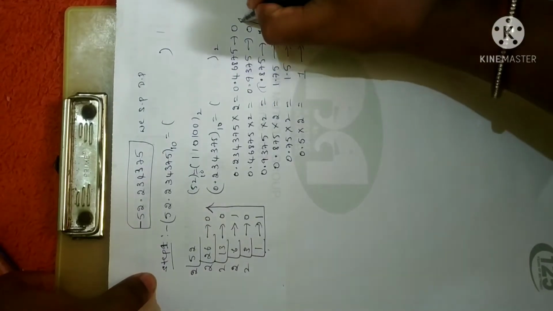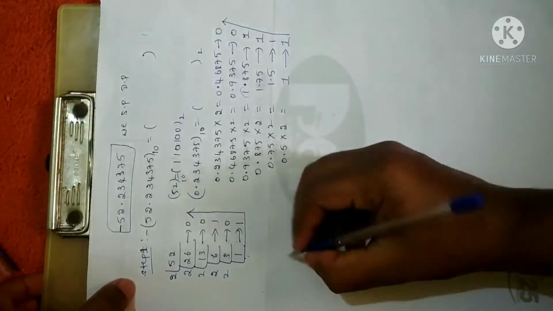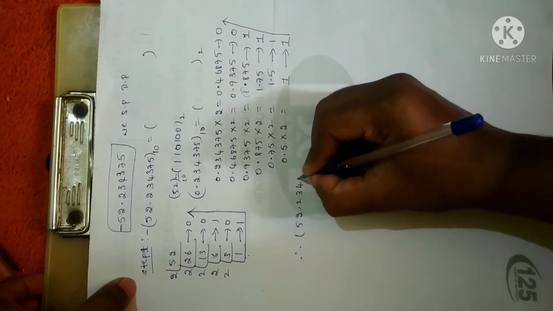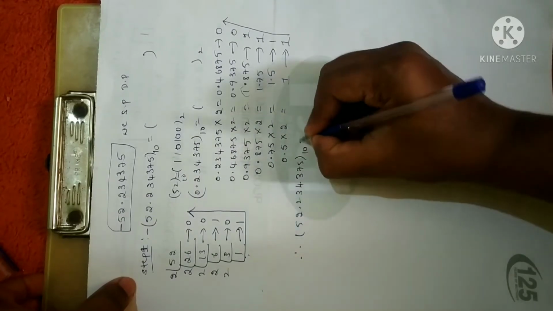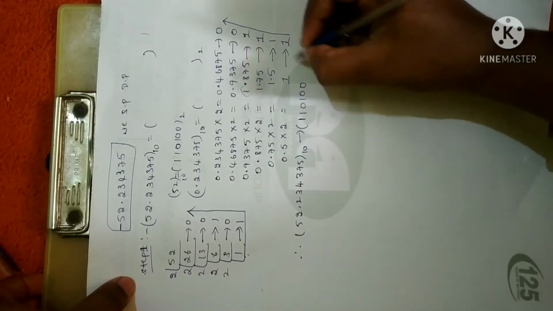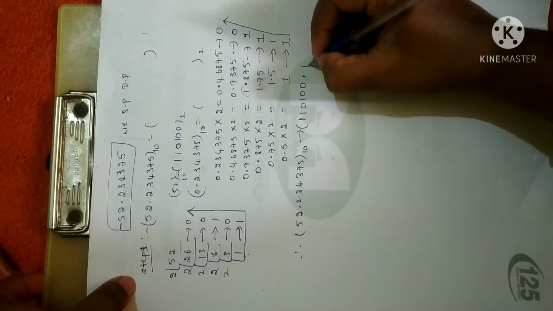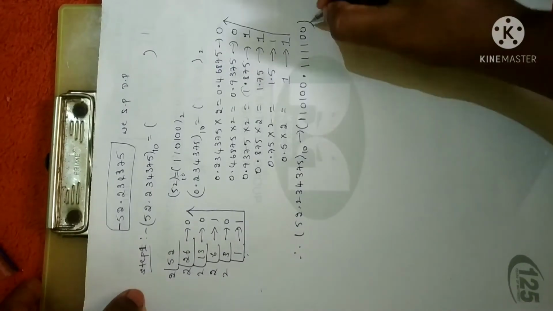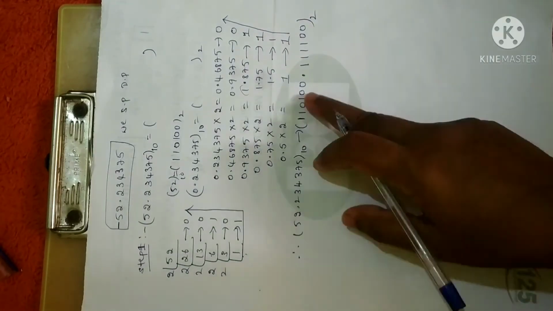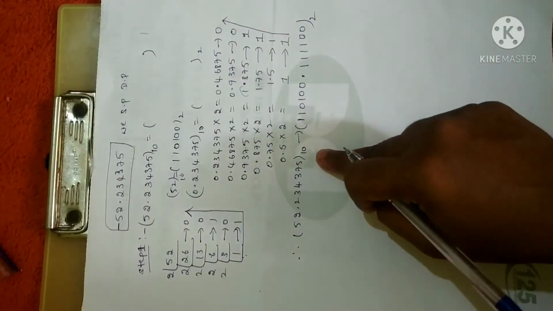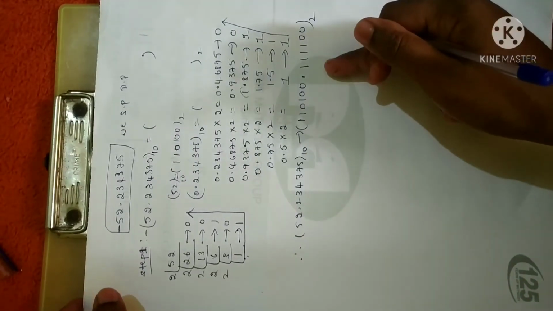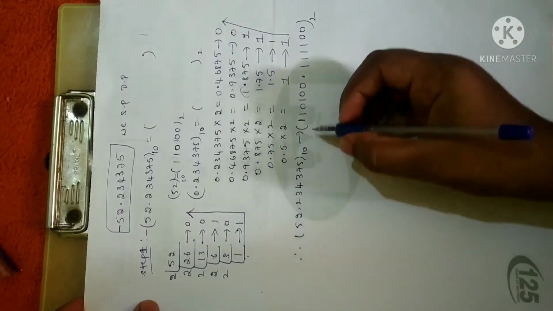Now we have to write in this order. Therefore, the required binary number, since the given number is in decimal format, will be, I'll write once again, 110100 point, then this number in this direction, 001111, which is in binary. I have already done this in the previous problem, so the procedure is the same. You have to follow it. The first step is we have converted the given number from decimal format to a binary number.